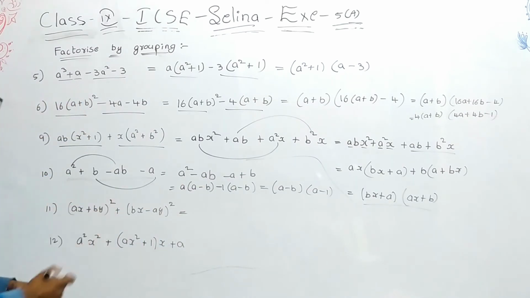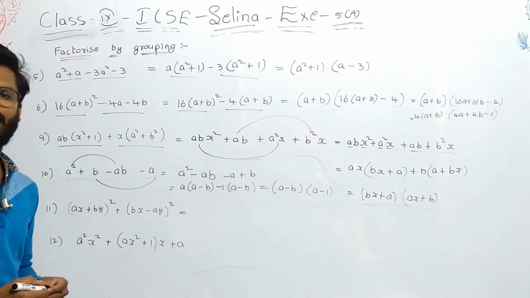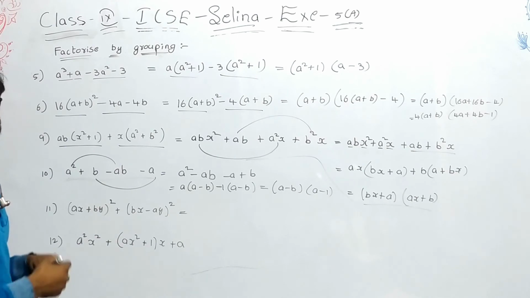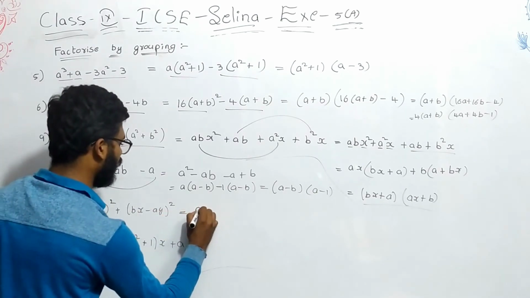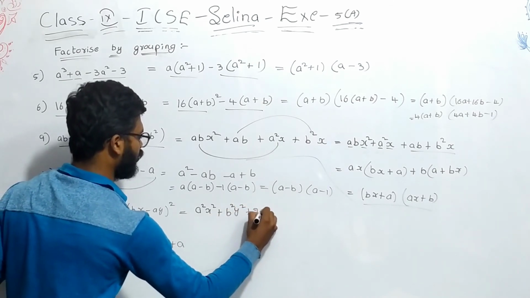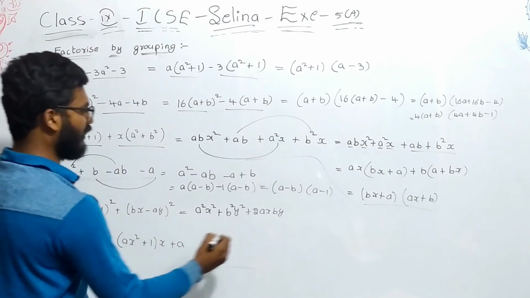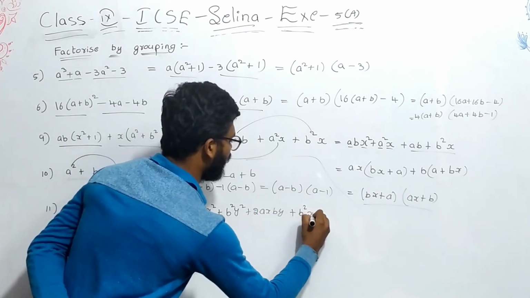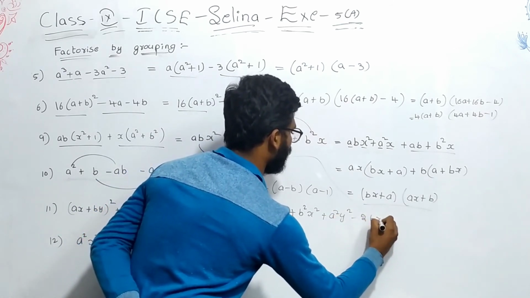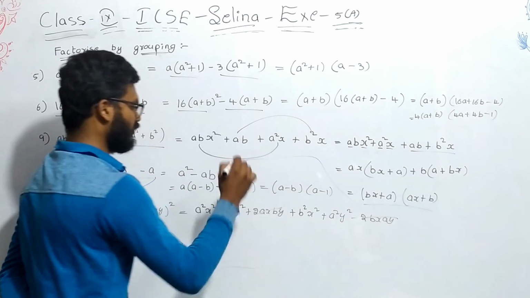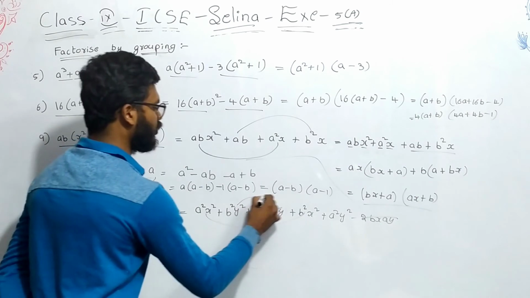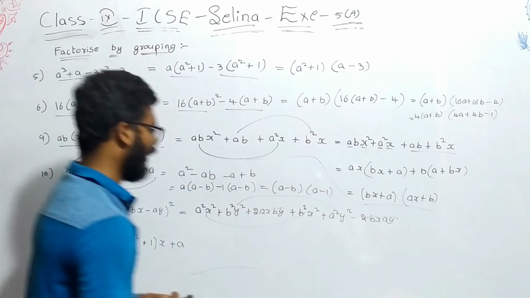Next, in the same way here, we have to expand these two in order to get the factors, because in these two, you don't have any direct common factors. So, expand a plus b whole square. So, a square plus b square plus 2ab. In the same way, a minus b whole square. A square plus b square minus 2ab. These two are same, right? So, minus and plus. So, here a square x square and b square x square, b square y square and a square y square are there. So, I can write like this.